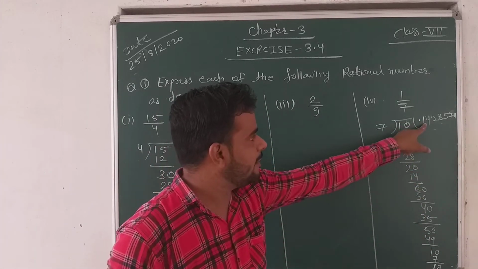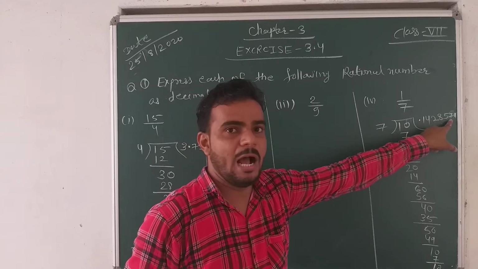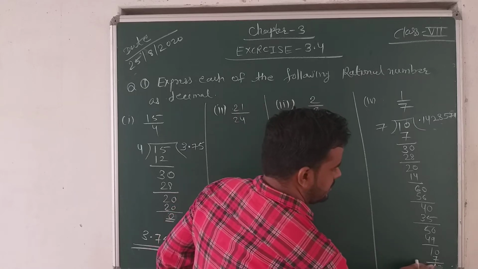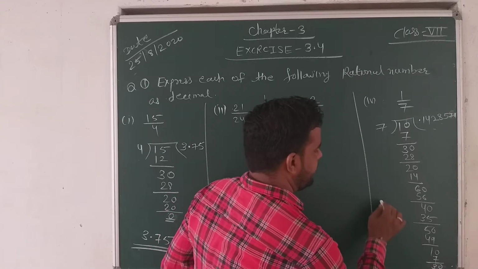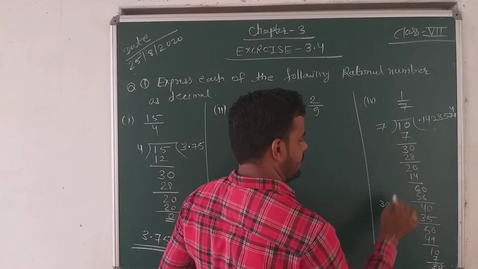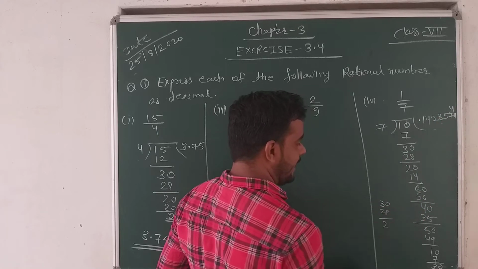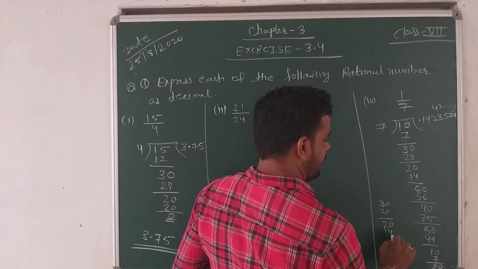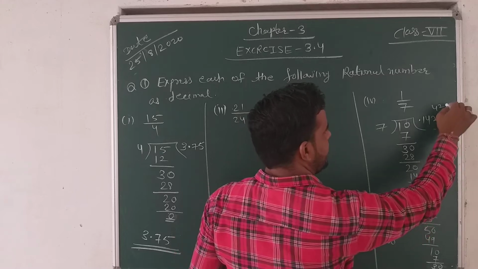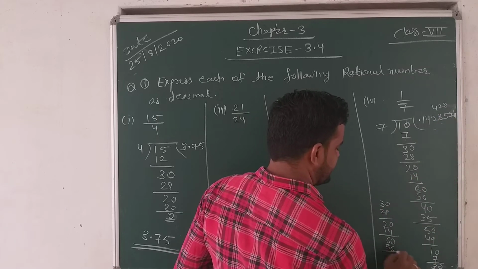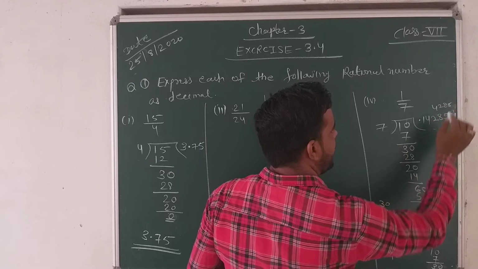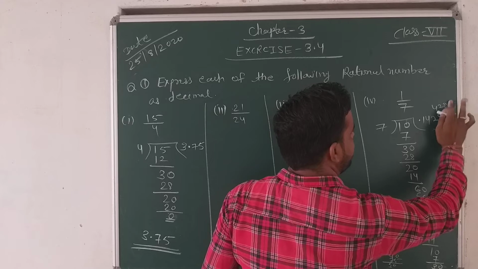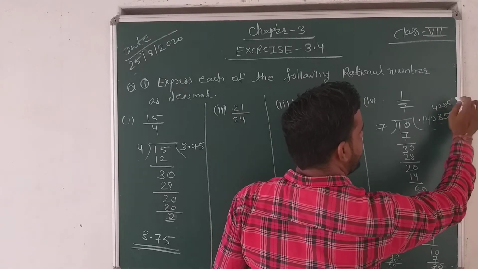Just see 1 4 2 8 5 and 7. Afterwards again 1. Then 10. Sorry, 3. Okay, then 30. So 30. Then 4 times 28. Then again 2 times 0. Then 2 times 14. 6 0. 8 times 56. 4 0. 5 times 35. Again 5 0. Then 49, 7 times. Okay, it means the digit is repeating again and again.